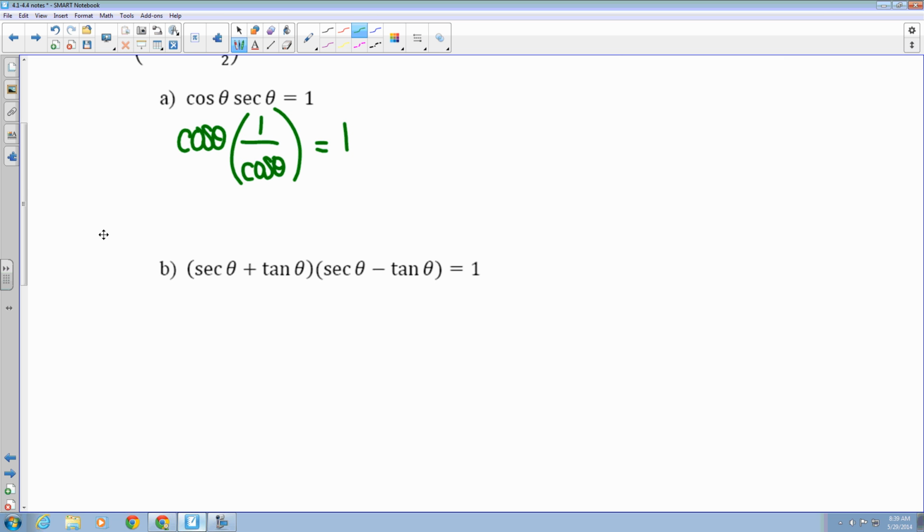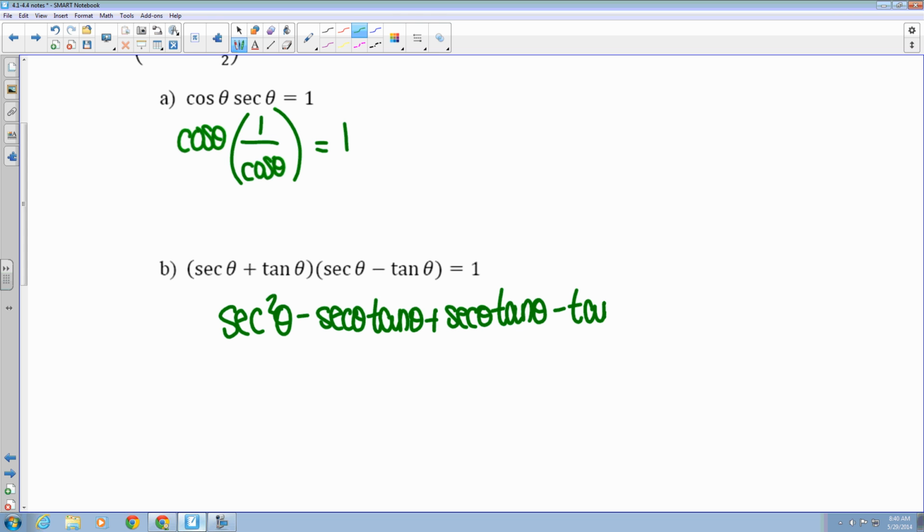B, there's not much that we can do here. I see 2 binomials. My instinct is to FOIL. So if I can't see what to do immediately, that's what I'm going to do. I'm going to FOIL or do anything that I would know. So FOILing, I will get secant squared minus secant tangent plus secant tangent minus tangent squared